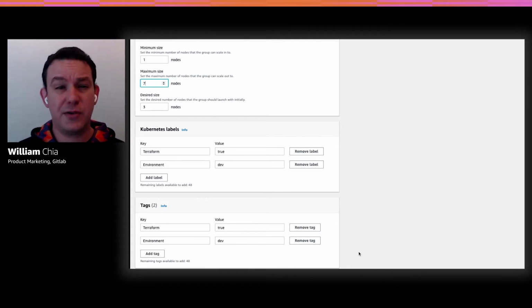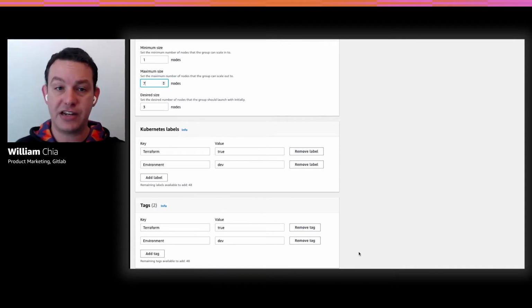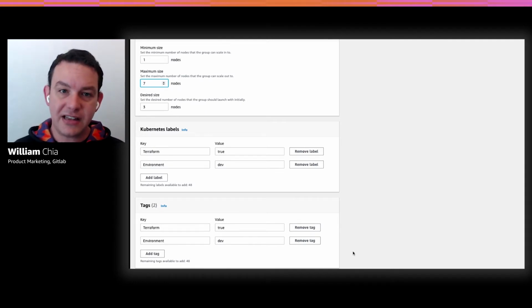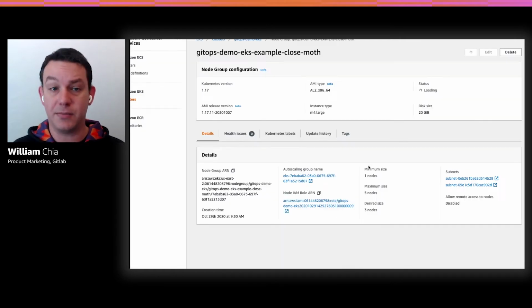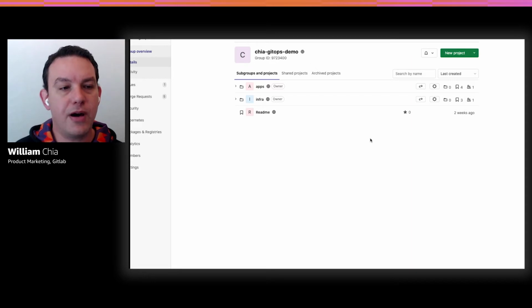This has challenges with compliance and auditing. I don't necessarily have a central point where I can see all of my changes taking place. I have to go and look in my different tools and my different services and try to composite those together in order to find an audit log of all of my changes. So because of these collaboration challenges and because of these compliance challenges, instead, we're going to do the same change, but we want to do it with GitOps.